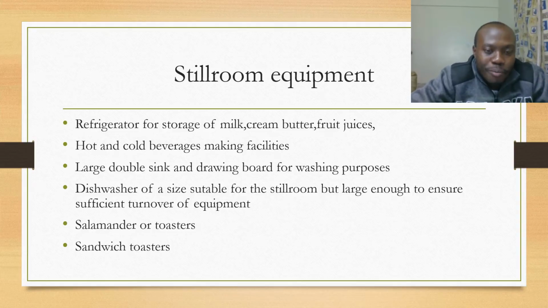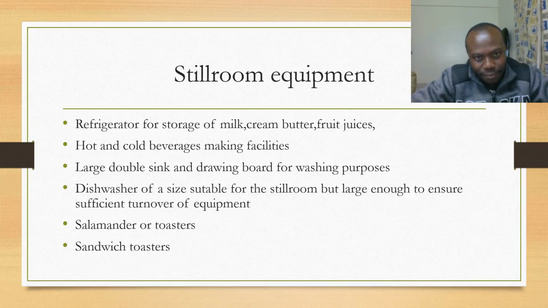Still room equipment. Before we identify or mention the equipment that are used in a still room, I will begin by describing what a still room is. A still room is a room in a restaurant that is used for preparing items that are not provided for in the hot kitchen. So equipment that are commonly found in a still room include